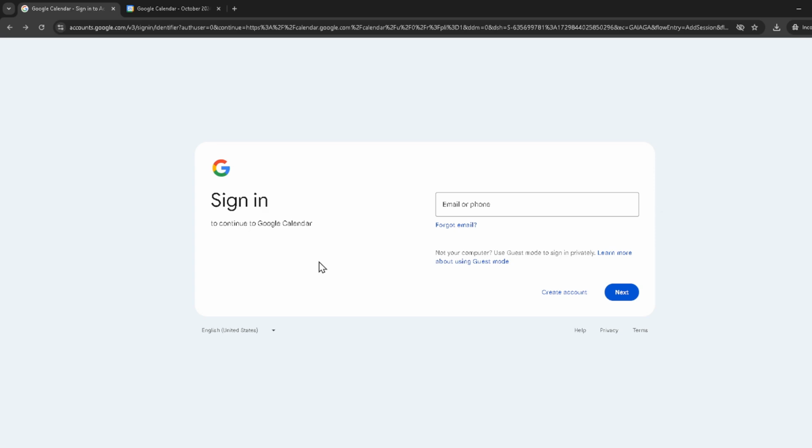First things first, you'll need to log into your Google Calendar. Open your preferred web browser and go to the Google Calendar website. If you're not already signed into your Google account, the site will prompt you to do so. Enter your email address and password, then click Next to proceed. This step is crucial as it ensures that you're making changes to your calendar and not someone else's if you